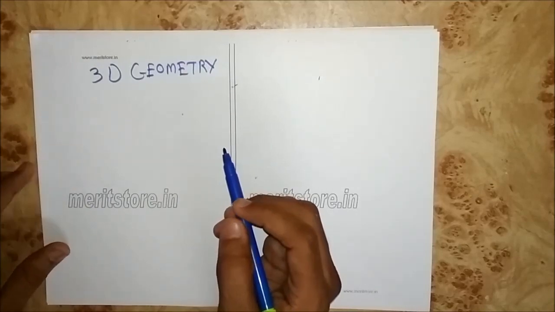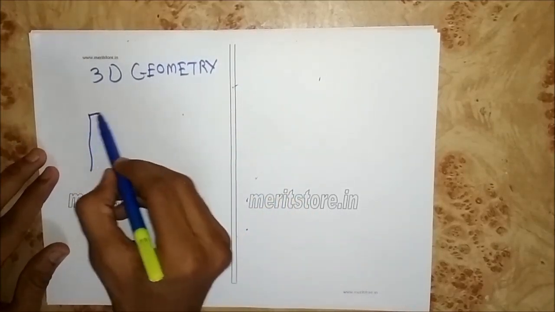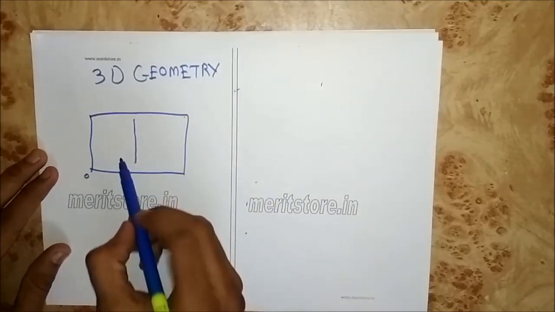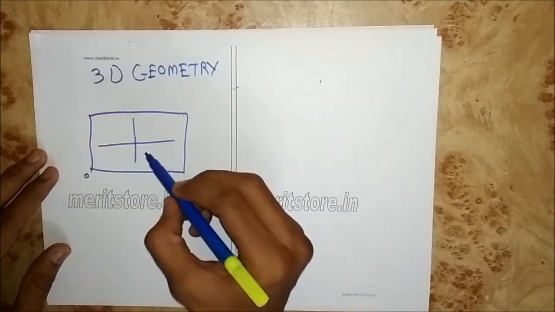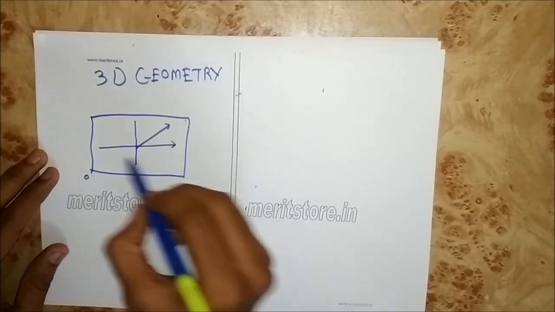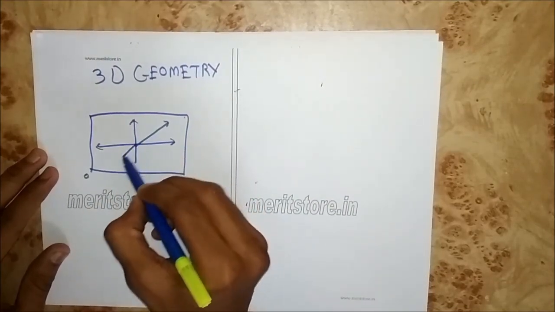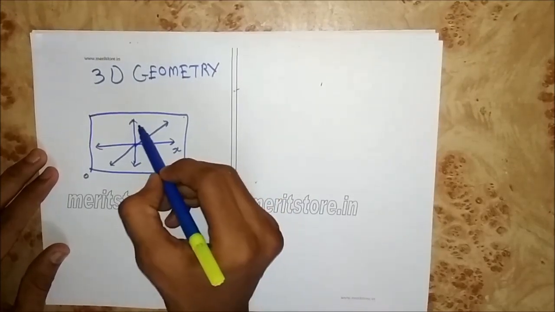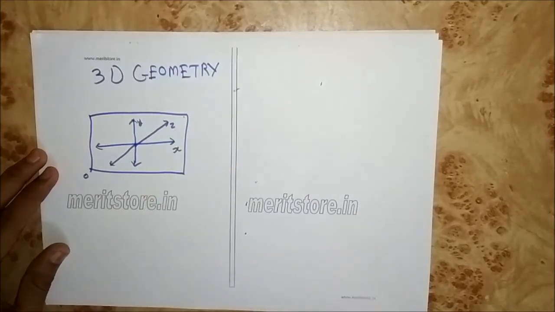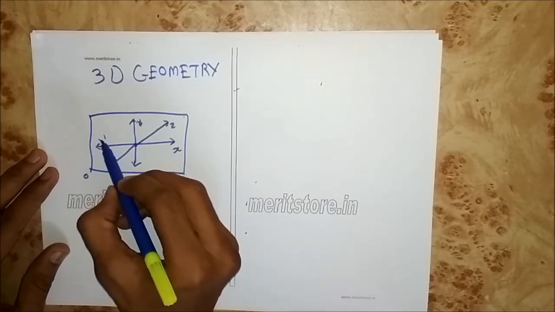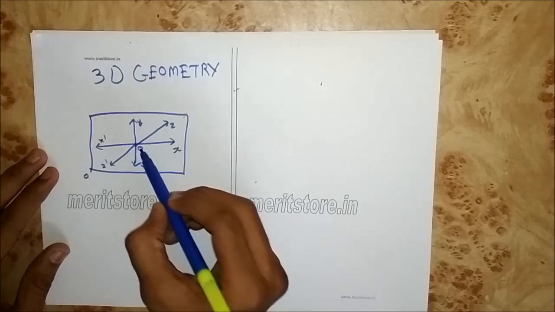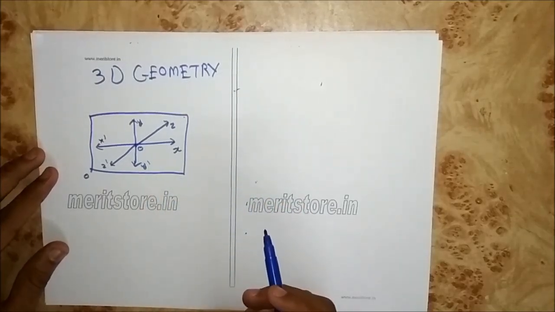The rectangular Cartesian coordinates in the space. Let's say this is the space, with origin O. Then we know this is called the x-axis, the y-axis, and the z-axis. The negative sides of x, y, z are also denoted by x dash, y dash, z dash. This is all we need to know about the coordinates.